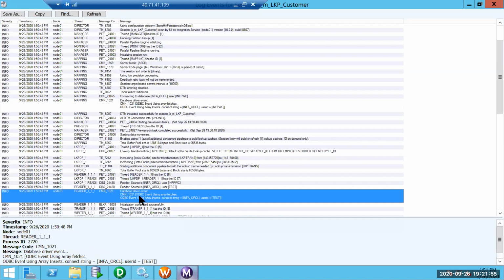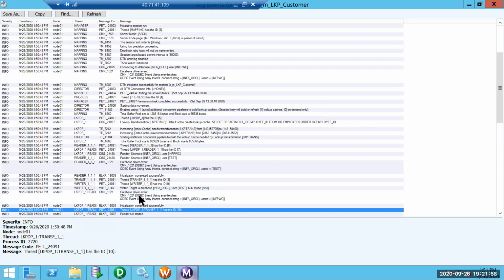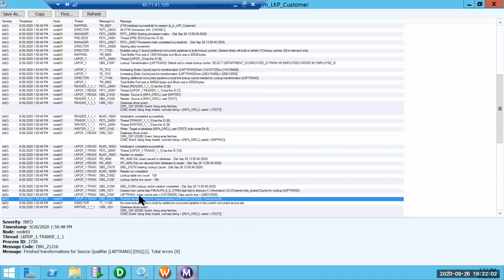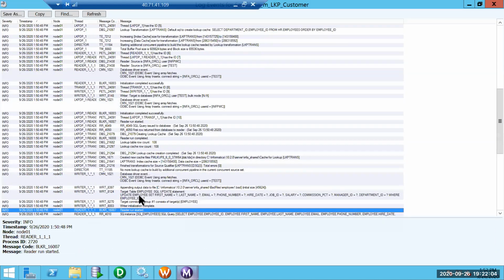So, we have used an SQL override for source. If we see the SQL query which got formed, for the target table we made sure only update is checked, so we are seeing only an update statement getting generated. And since we have the primary key enabled on employee ID, we see the where clause is generated corresponding to employee ID.